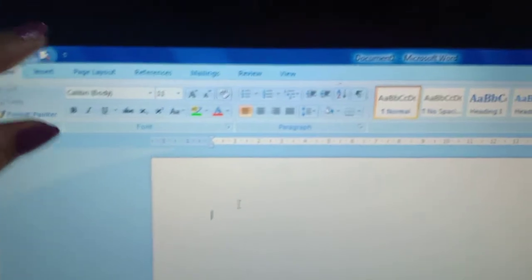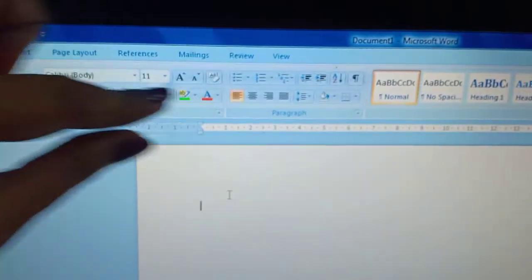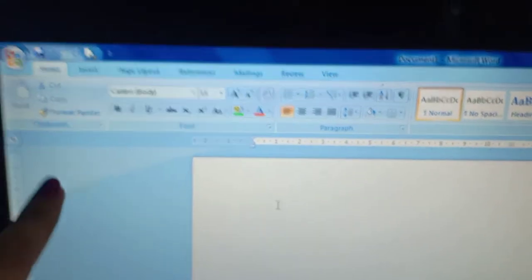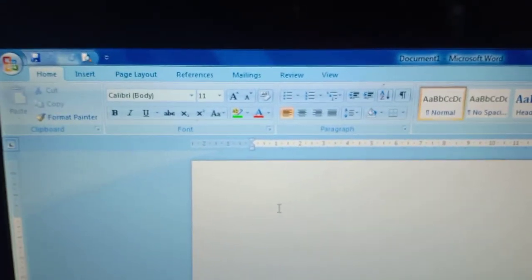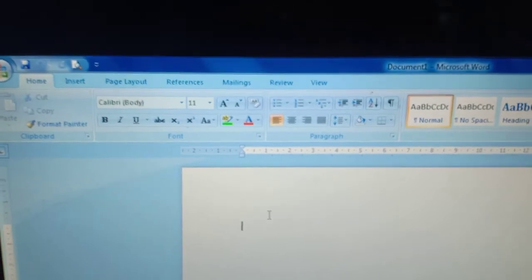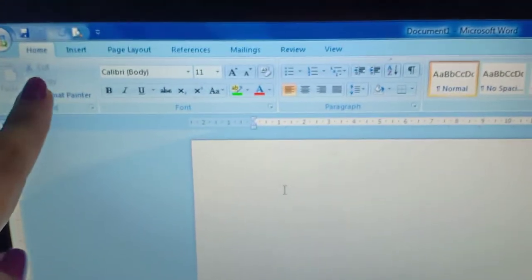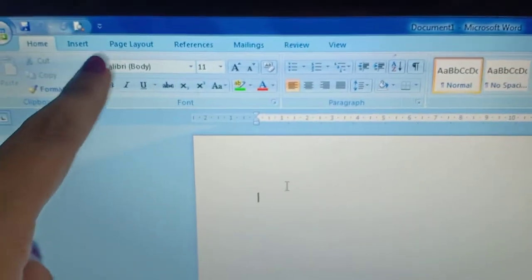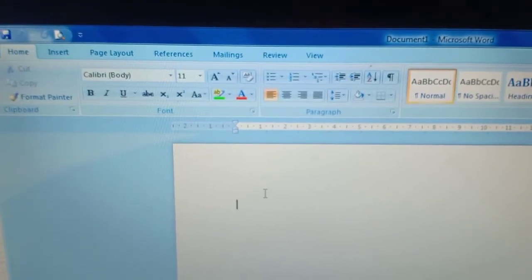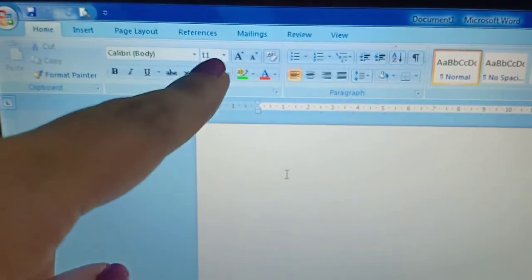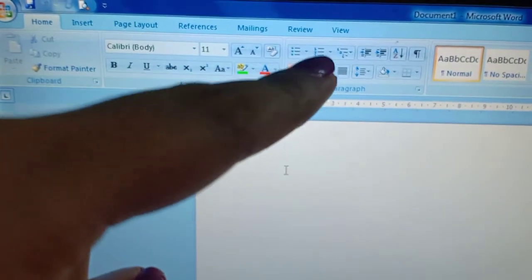Then next, here there is a long ribbon present after that menu. See, these are the different tabs and ribbons. Here these are the tabs: home, insert, page layout, references, mailings, review and view. These are the different tabs present here.